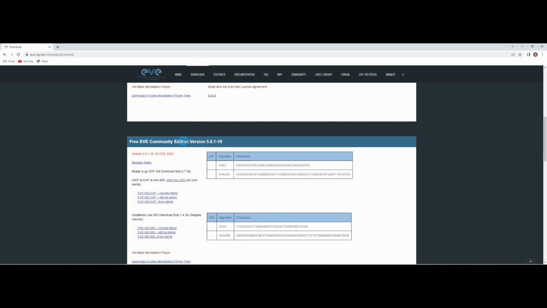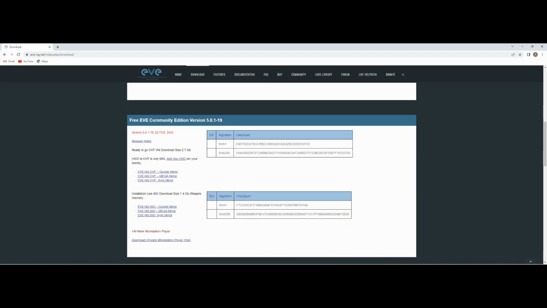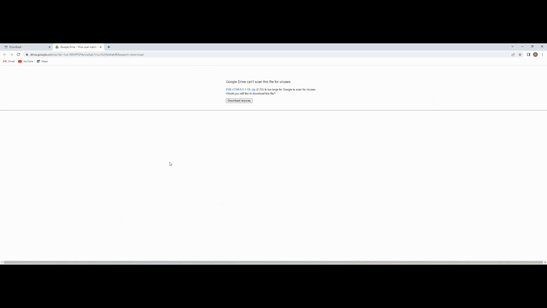and we don't need any feature of the professional version. For now, in this community version, we have two types of file: the ISO file and the OVF file. You can download either of these, but the ISO file needs some extra steps for installation. But the OVF file you just need to open in the